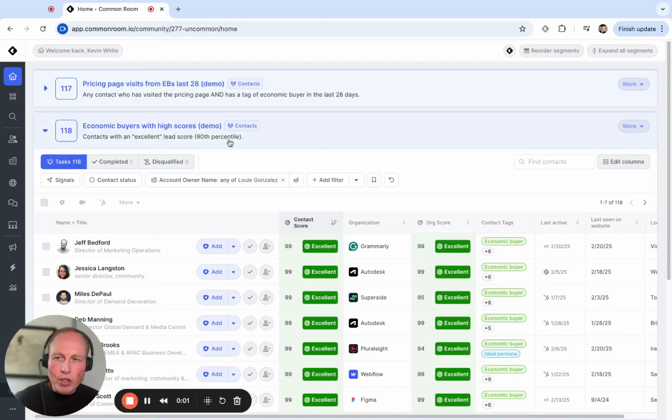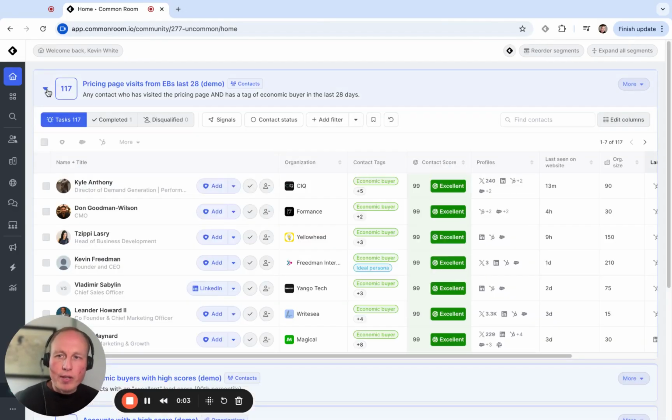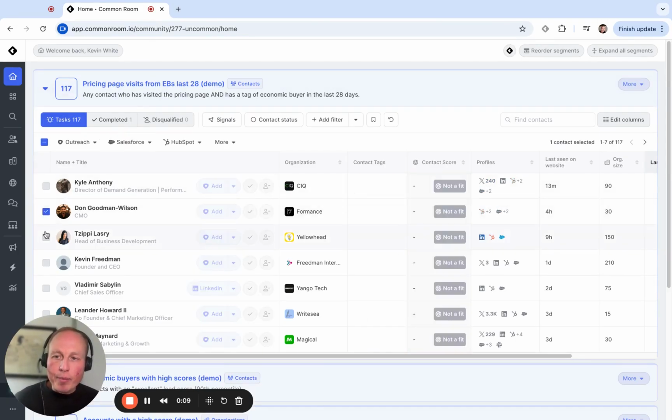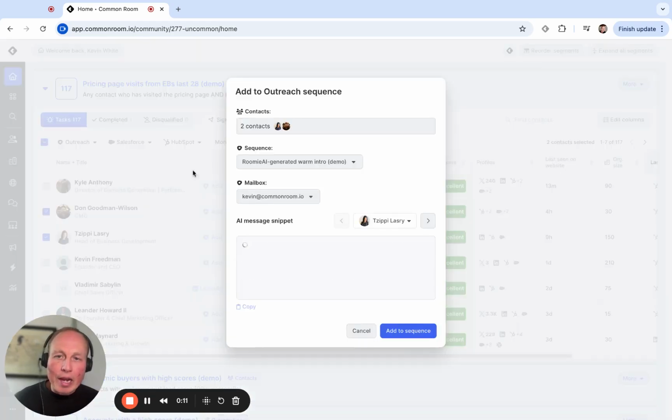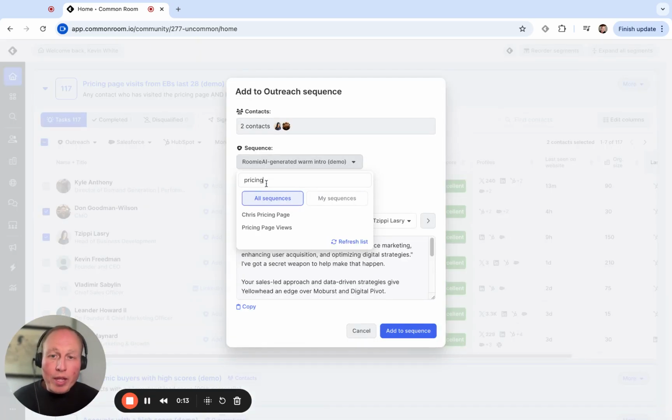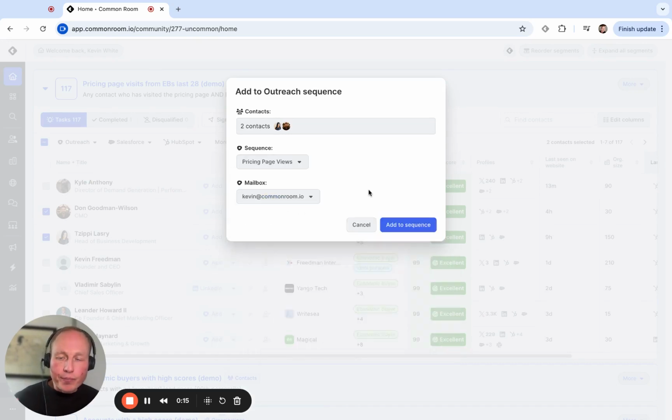Okay, so one last thing to touch on is just how you automate all this without any human touch required. And for that, I'm going to turn to this pricing page visits play. Let's say reps are just blindly going through this play and adding people to sequence without any type of intervention or human review. For that, it doesn't really make sense to have a human in the loop, and you can just automate the whole process. For that, I'm going to turn to our workflows agent and show you how easy it is to do this all at scale with no humans in the loop.